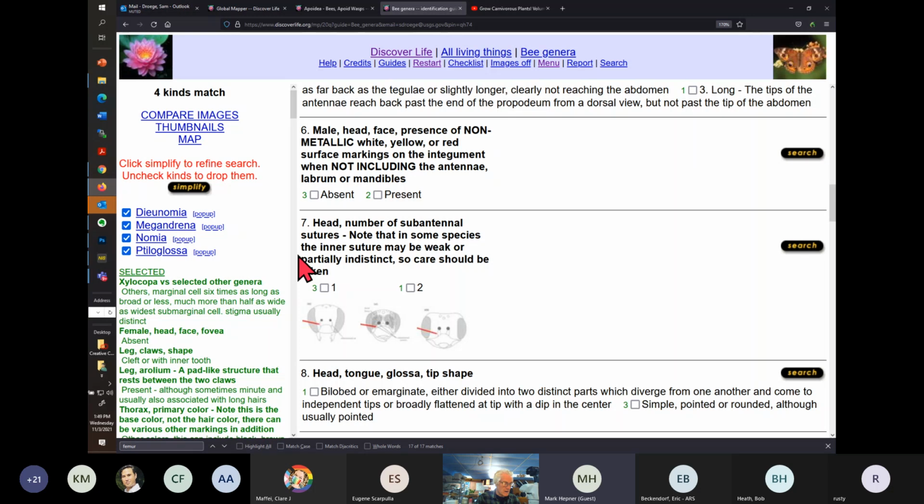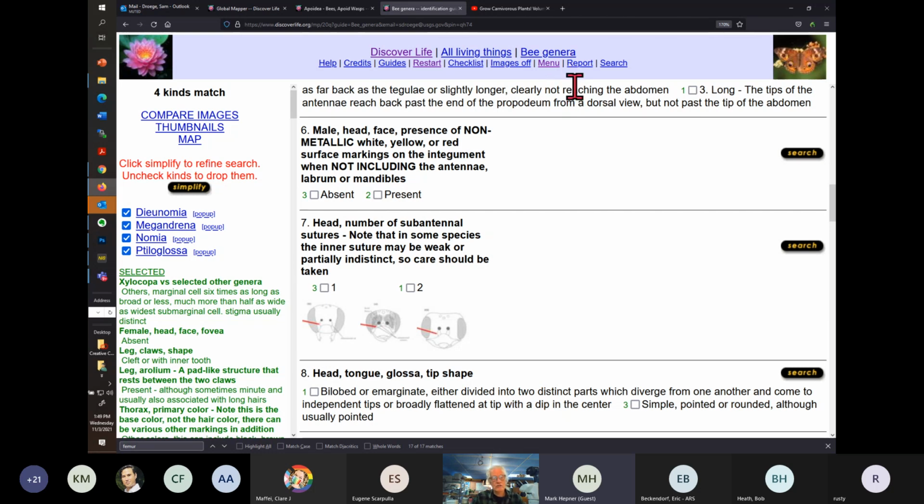So in this case, it works just like dichotomous keys work, but you also, as is often the case with dichotomous keys, end up stuck in some place because you can't see or find the character. In Discover Life guides, you are less likely to be stuck, but you have so many more options in the guide to